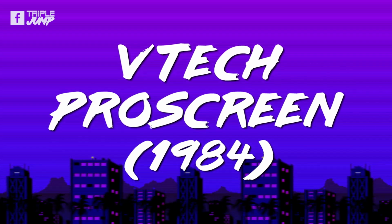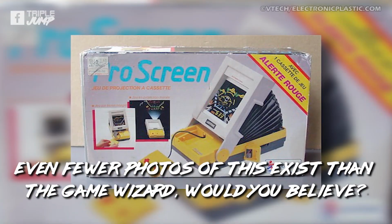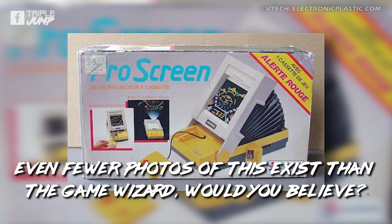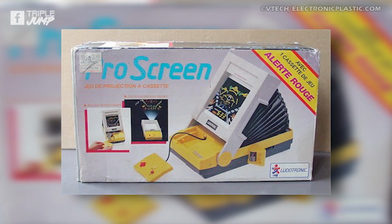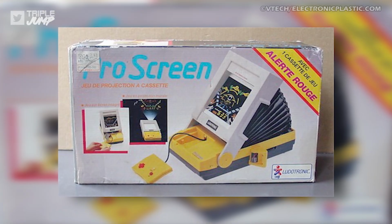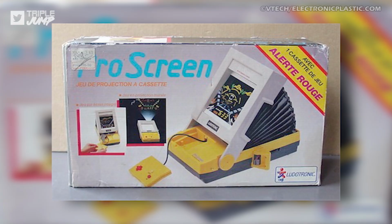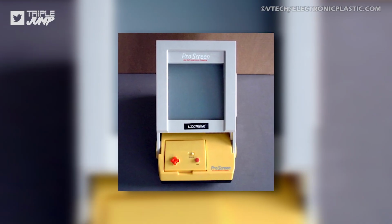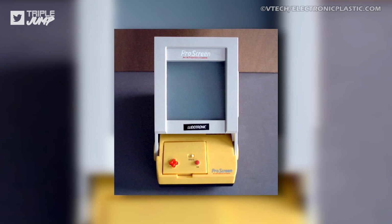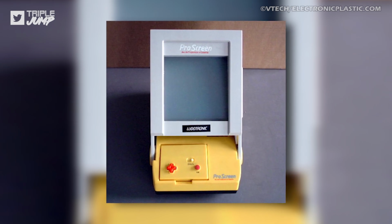Number 56. VTECH PROSCREEN, 1984. Hold on, didn't we just talk about this? Yes, also no, but yes. The VTECH PROSCREEN isn't quite another iteration of the 3D Gamate, but it is an entirely separate device released the following year that happened to play the same games. We can't hold that against them, of course. Backwards compatibility is a welcome feature of any console, and surely they didn't want to leave behind the 3D Gamate's robust library of